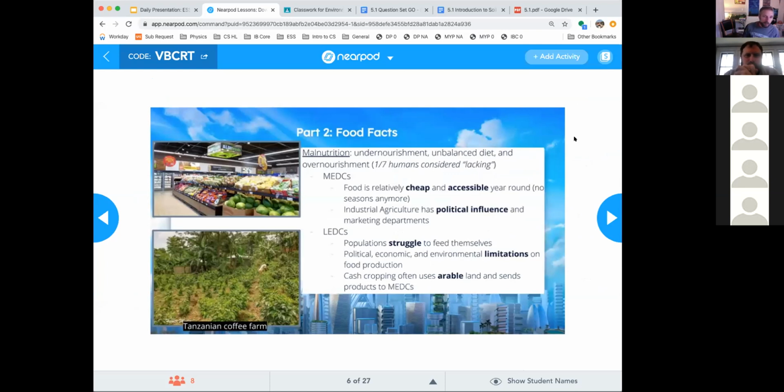All right, we got through part 1, so we can start on part 2 real quick. So we've got food facts. There are some terms we need to be familiar with. Malnutrition is not just being skinny or something like that, right? It's being undernourished, having an unbalanced diet, or it's being overnourished. Malnutrition is literally bad nutrition,